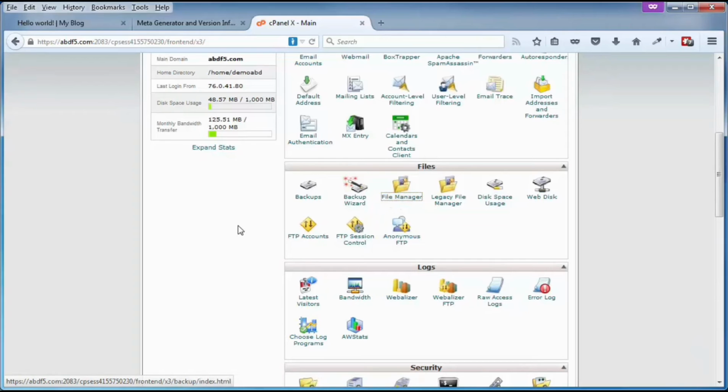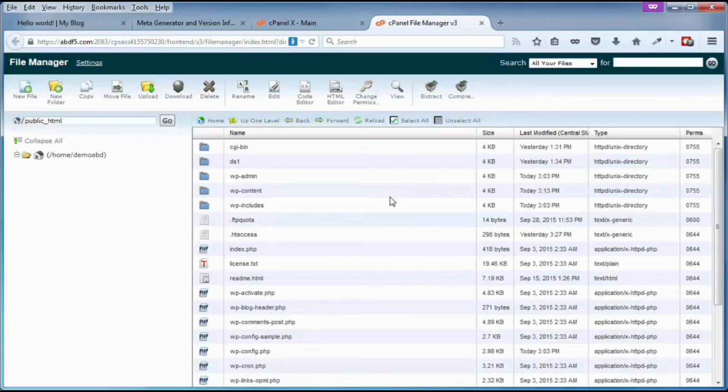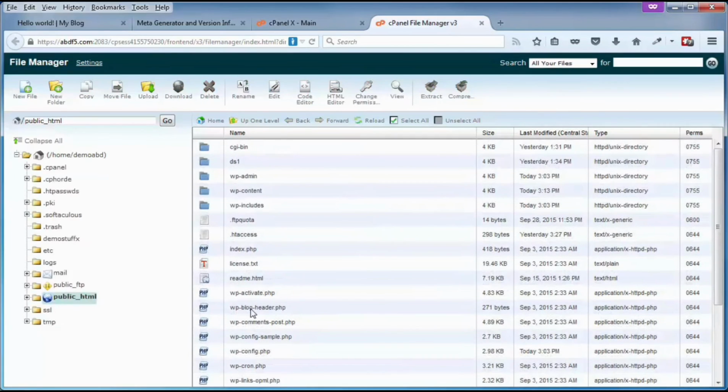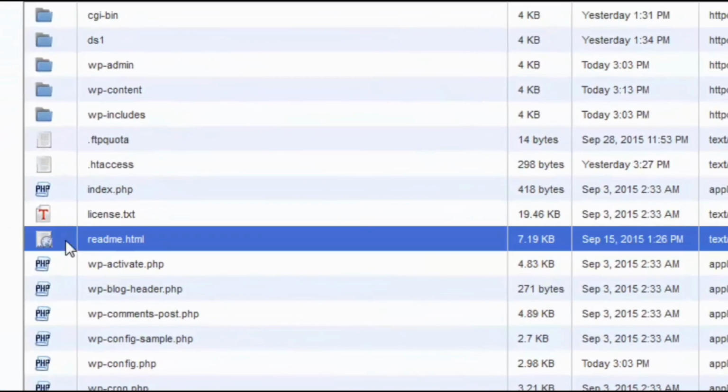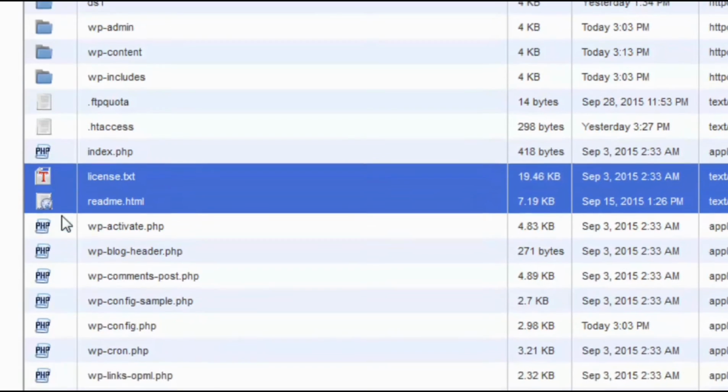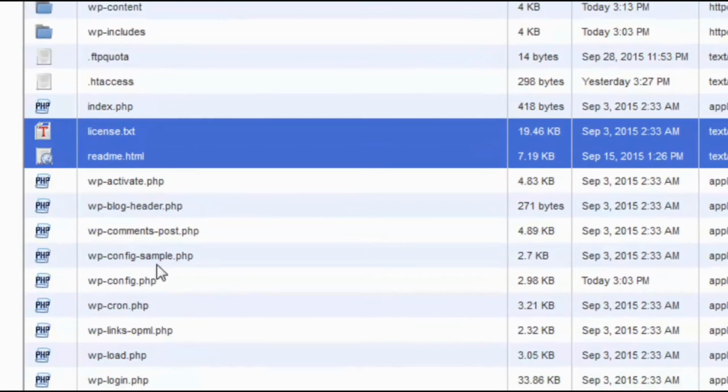So let's go ahead and get rid of them just in case they may pose a threat down the line. So I'm doing this in the cPanel control panel under the file manager. You can do the same thing through an FTP client, but we log into the root directory of our WordPress site, and there's a couple of files right here, the README and the license. And I select one, hold the control key down on my keyboard to select multiple files. And if you still have it, get rid of it, that being the